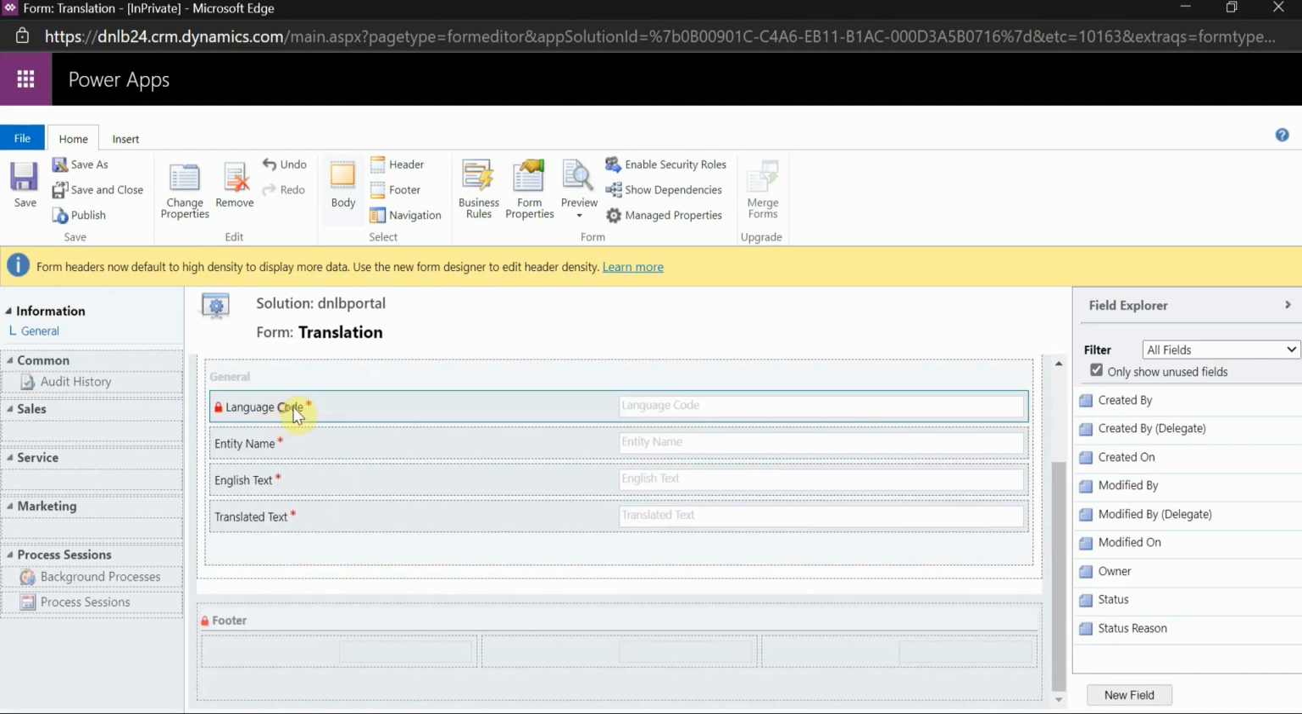And here I have taken the language code, the entity name, then the English text and the translated text. So what will happen, say for Chinese I'm going to configure the translation, then I will take the Chinese language code. And what is the language code here? Let me show you that. When you go to your portal,